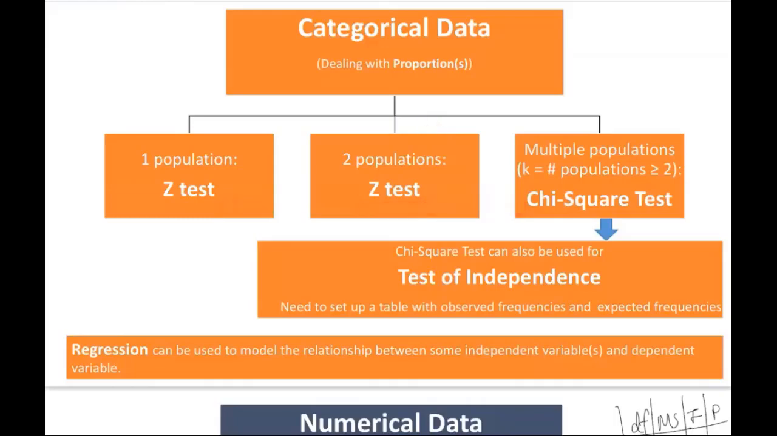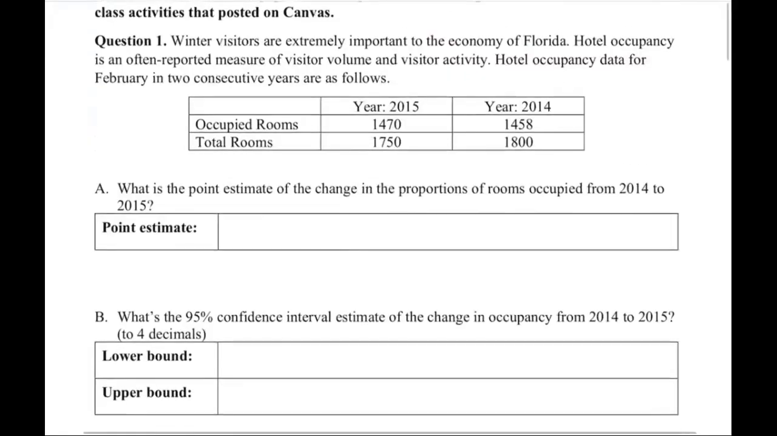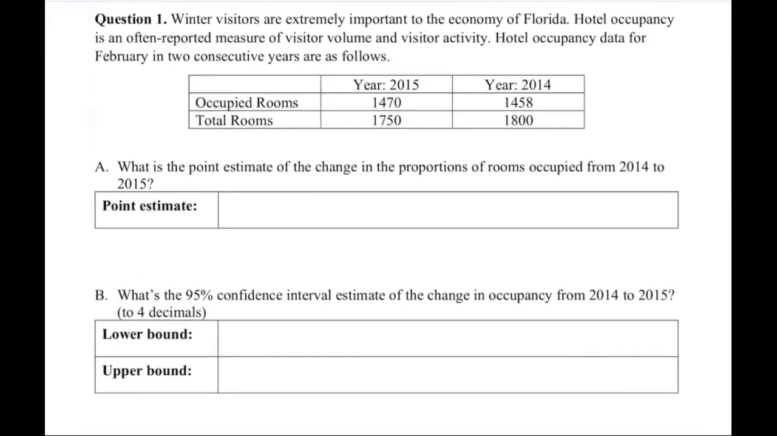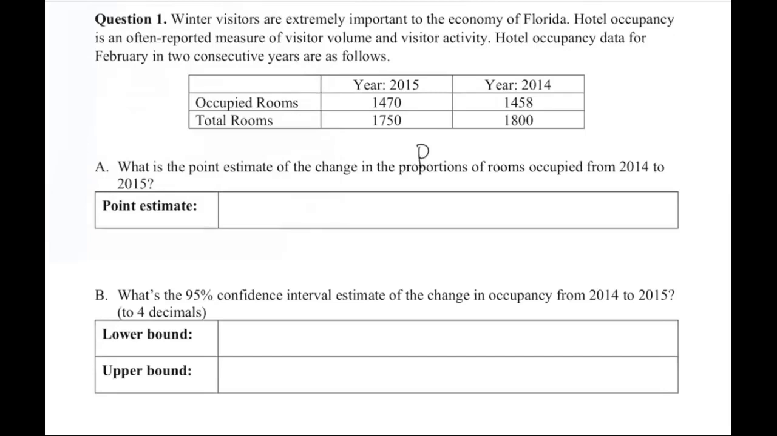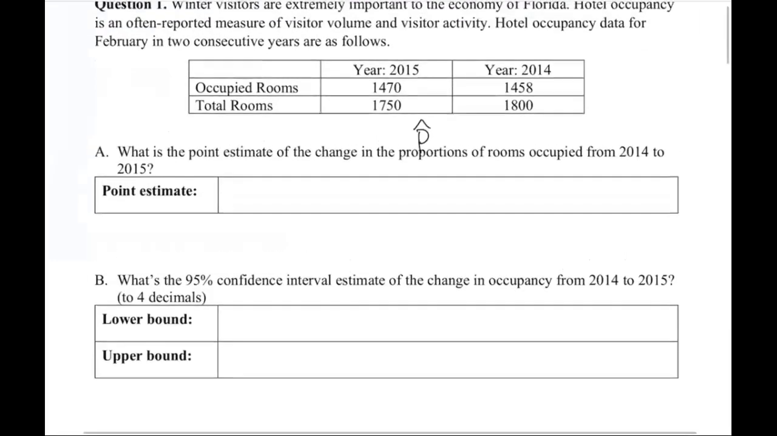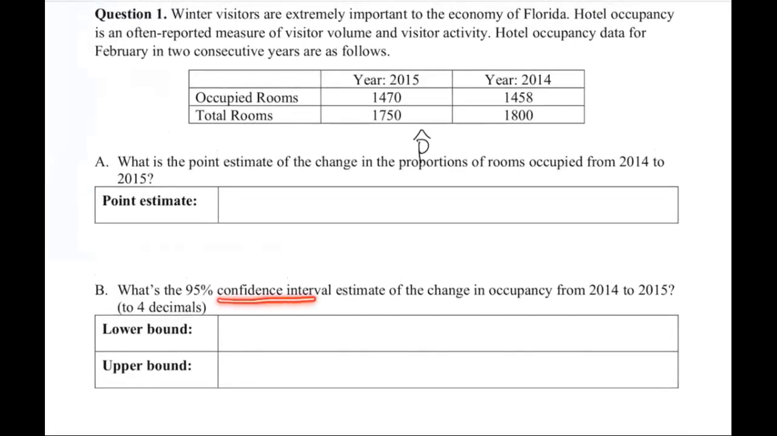Okay, so we want to go back to what we have. The next question A says, what is the point estimate of a change of proportion rooms? So I think what we want to do here is we're talking about proportion of rooms, and question A asks for the point estimate. So typically we put a hat on the estimate, right? Part A asks for the estimate and part B asks for a confidence interval. So from those two questions, I should be able to see